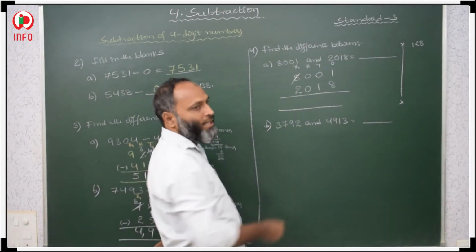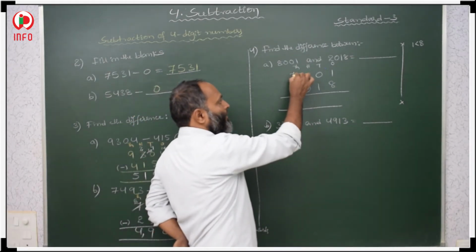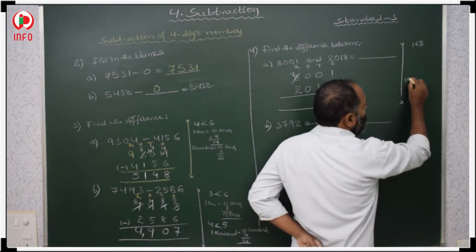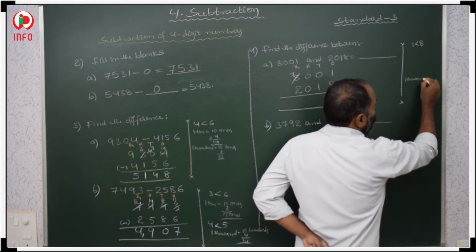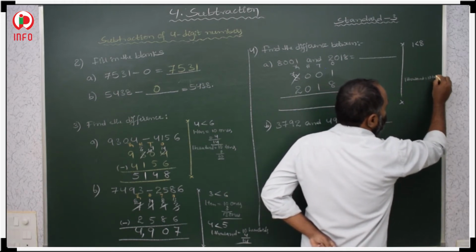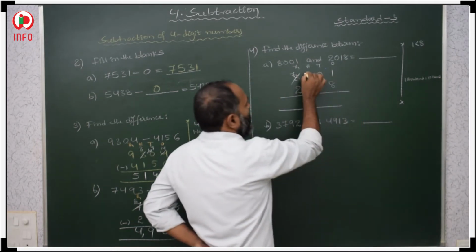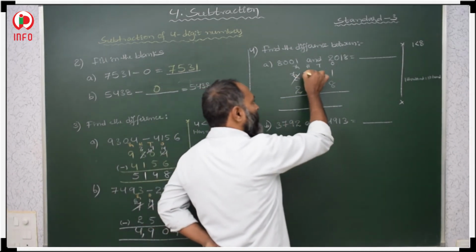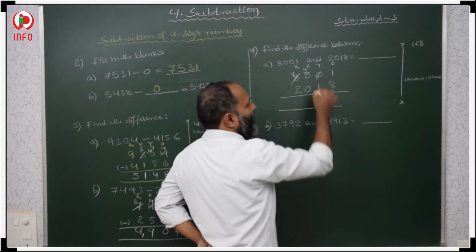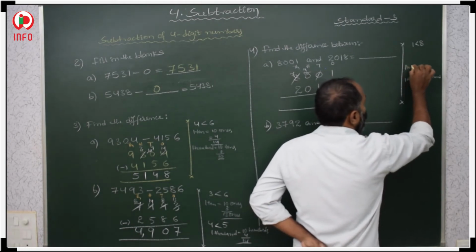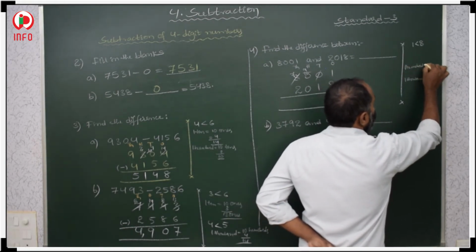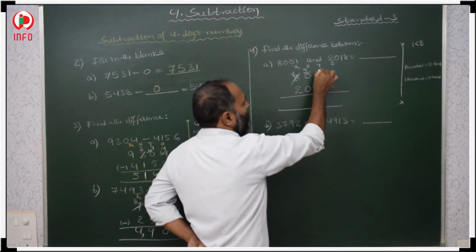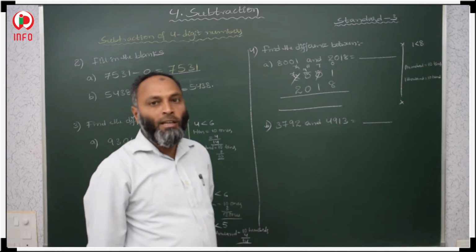Total 8000s are there. 7000s will be left. Then 1000 we will send here. 1000 is equal to 10 hundreds. 10 hundreds we will get. From these 10 hundreds we want to take 100, means 900 left. 100 is equal to 10 tens. How many tens? 10 tens.